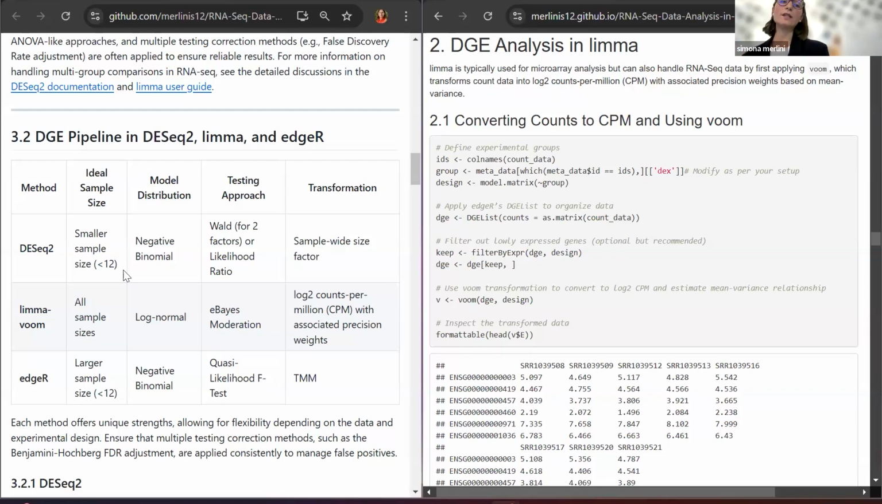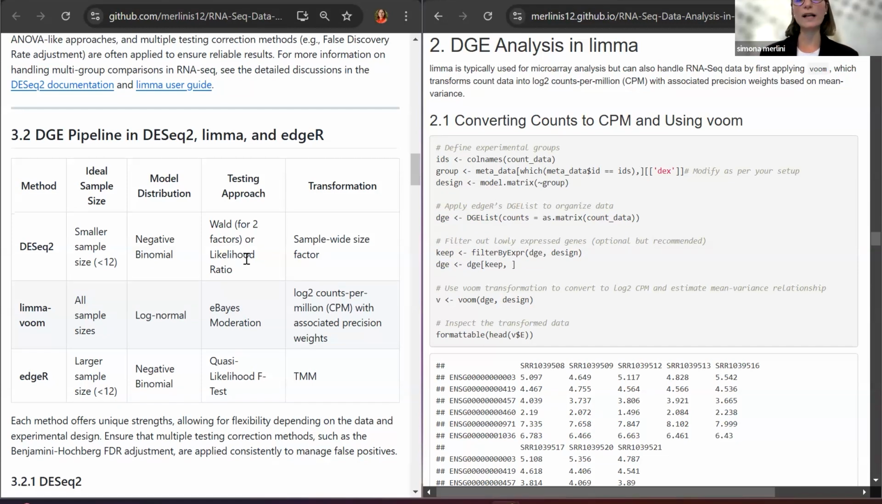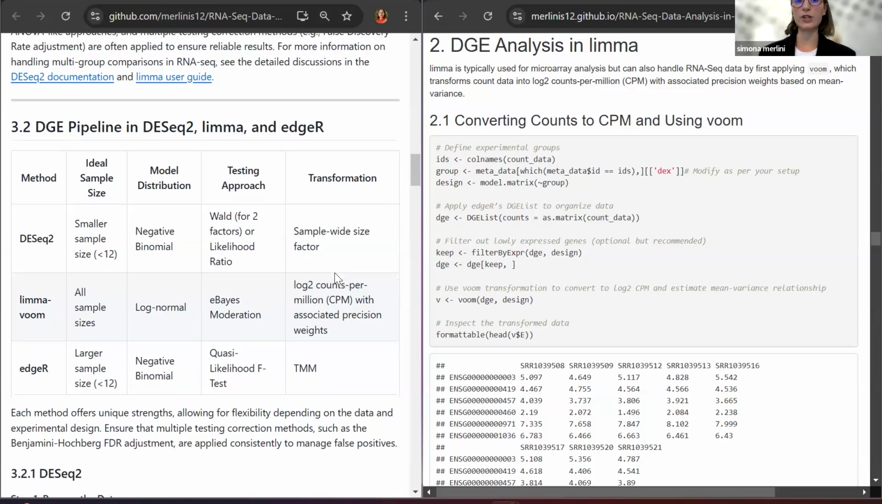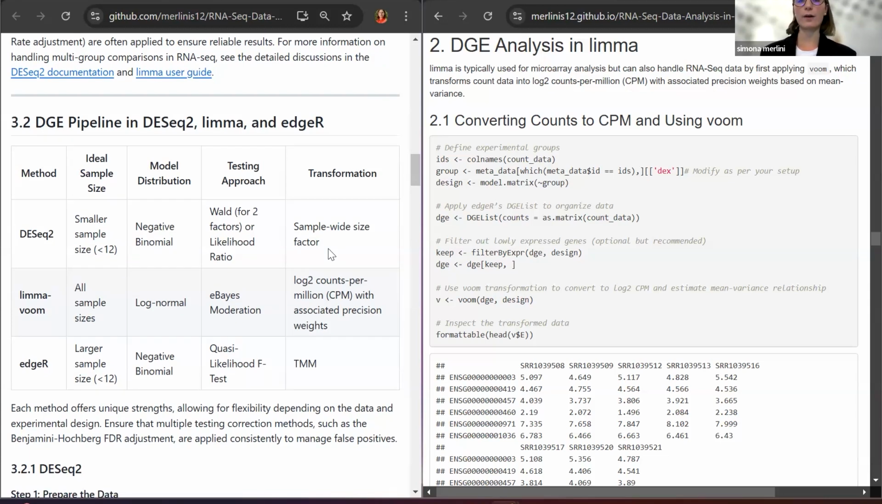they suppose that your data are distributed with a negative binomial distribution, and they do the Wald test. And for the data transformation, they apply the sample-wide size factor for each of the gene expression. Whereas in the limma